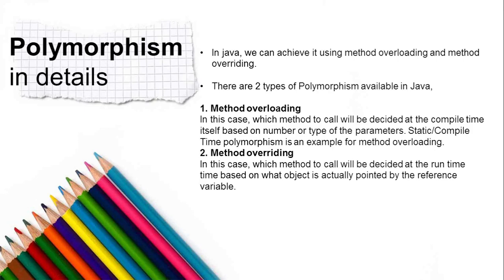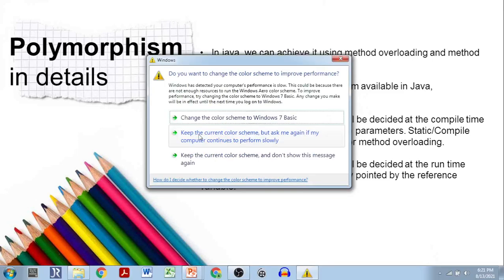Now we'll go through the last feature of object-oriented programming, that is polymorphism. Polymorphism means many forms. When a particular entity in Java can do 2 different jobs in 2 different ways with the same entity name, it is known as polymorphism. For this we have 2 popular ideas: one is method overloading, another is method overriding. These 2 concepts implement polymorphism in Java.